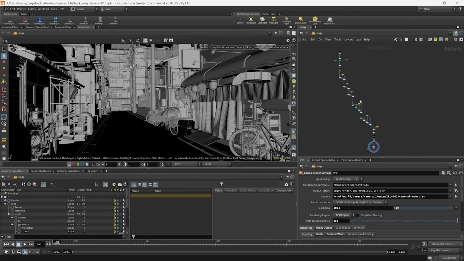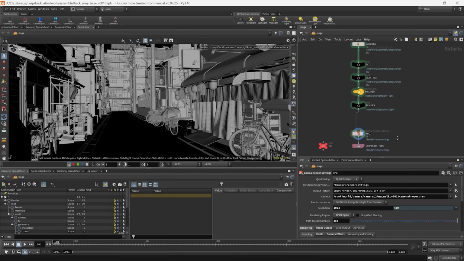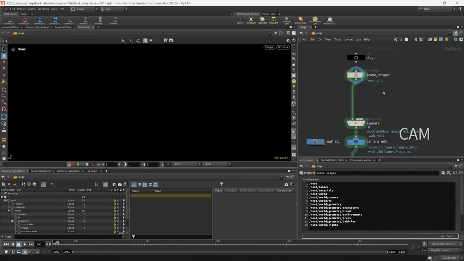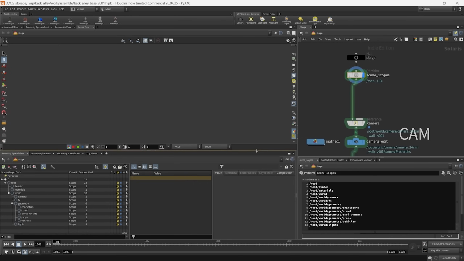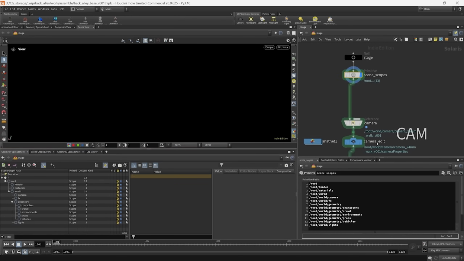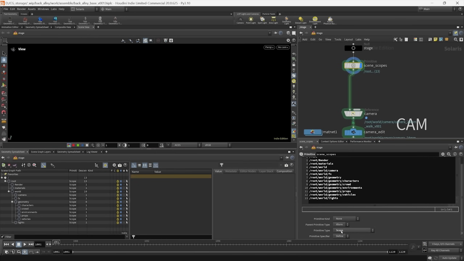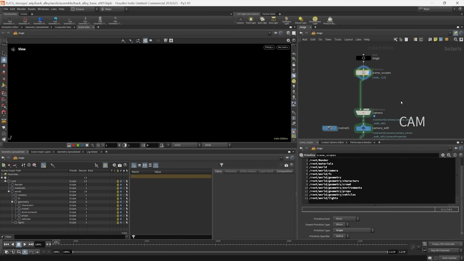You can see here just a sequence of nodes, and actually when you work in Solaris, that's how it really works. If everything is prepared properly, it's just a sequence of nodes which you render in the end. It's an ideal situation, of course. Let's start from the beginning, and the first thing I'm starting with is declaring our scene structure, scene scopes. For these purposes, I'm creating a primitive LOP node with the primitive type scope. That's just our scene structure, and I think it's a good manner to work like this, because in this case you can